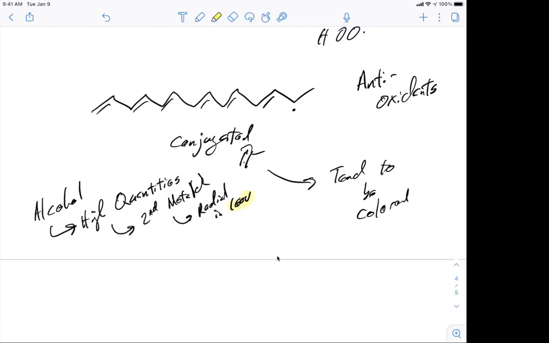Can't spell liver. Right? And then if you keep drinking, you're going to go to the third stage of metabolism, which can cause radicals in the brain. Okay, so you want to make sure that you're